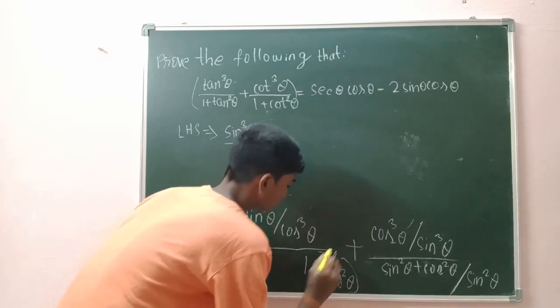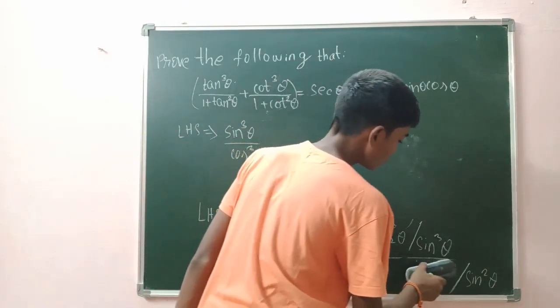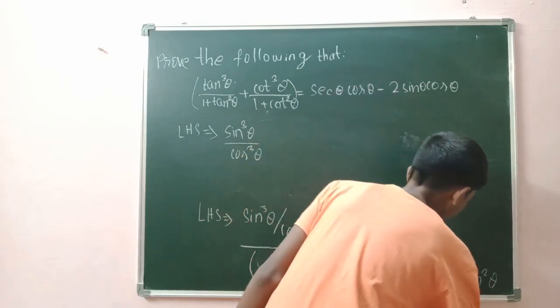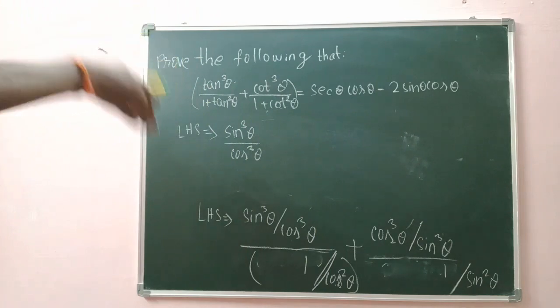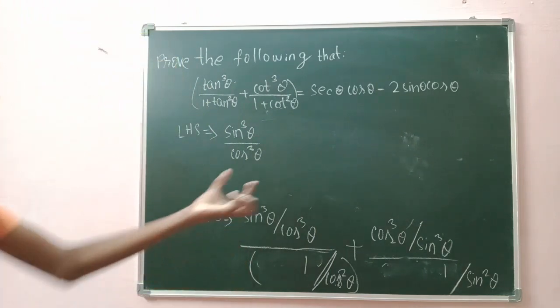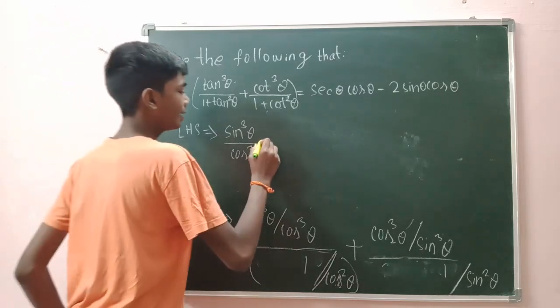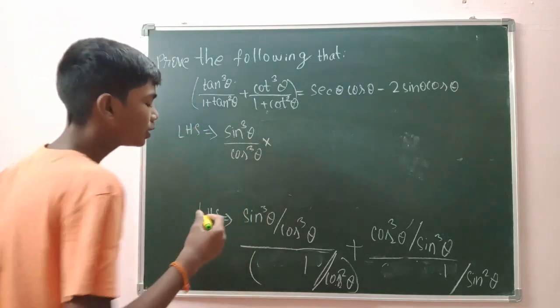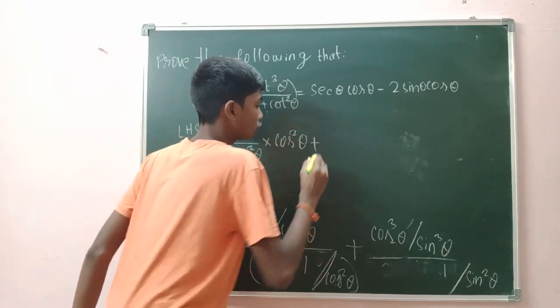Correct or not? And same like that, here your cos square theta plus sin square theta is 1 Pythagorean identity. Okay, so now sin cube theta by cos cube theta by 1 by cos square theta, just by taking reciprocal I can write it as sin cube theta by cos cube theta times cos square theta,